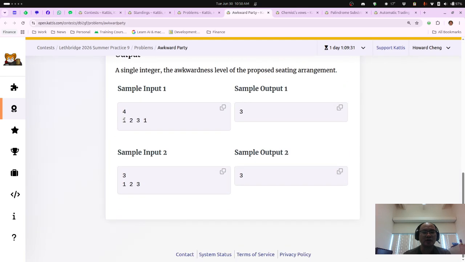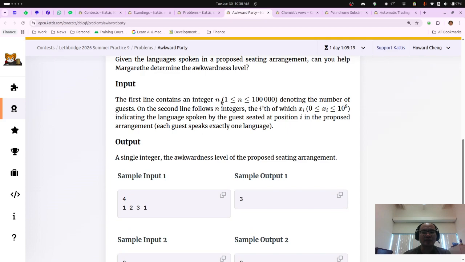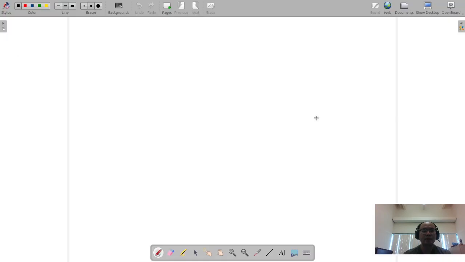So for example here, 1, 2, 3, 1, the only thing that repeats is 1, and they're separated by 3 seats. And here, there's nothing that repeats. Okay, and the number of items can be up to 100,000, and each number can be anywhere between 0 and 10 to the 9, which is a billion. All right. So basically, what you have,